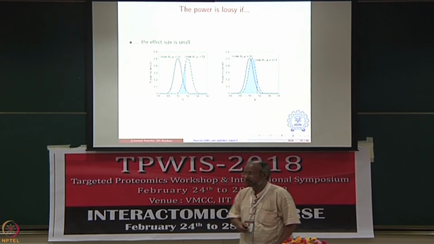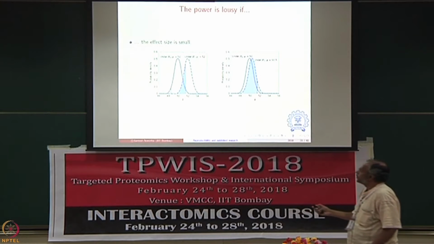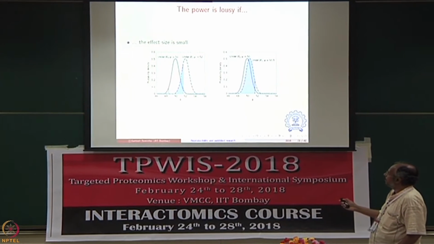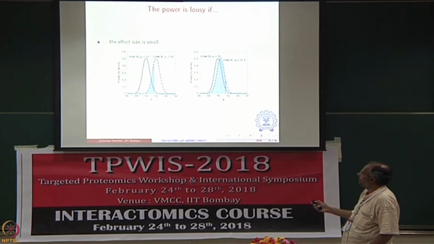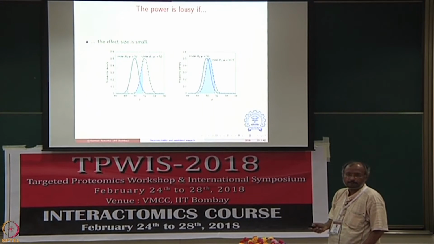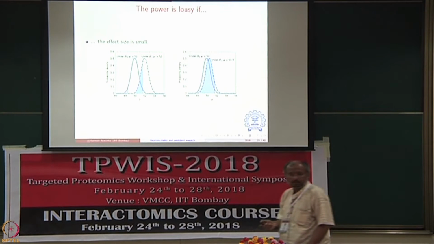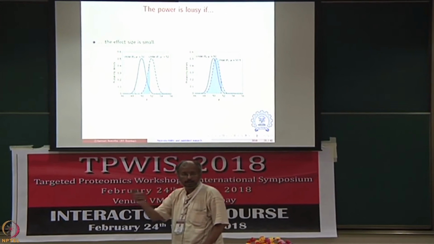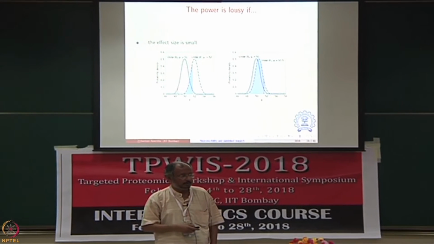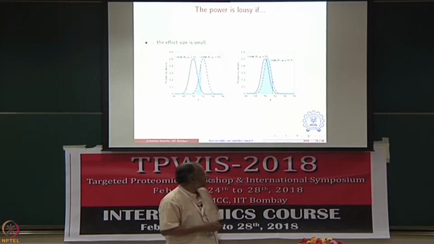And here are cartoons which quickly prove the point. So, if you are trying to distinguish two hypotheses and your two hypotheses are so similar to each other, therefore the effect size is small, you will have such an overlap between the predictions coming out of the two hypotheses that you are unable to discriminate and say which hypothesis is true. You will not be able to do that. Okay?